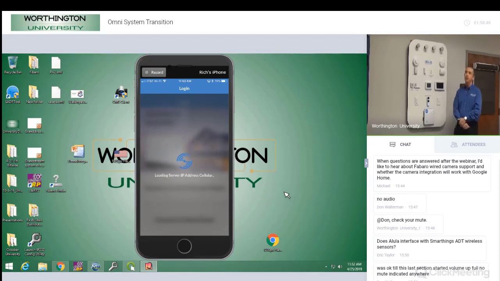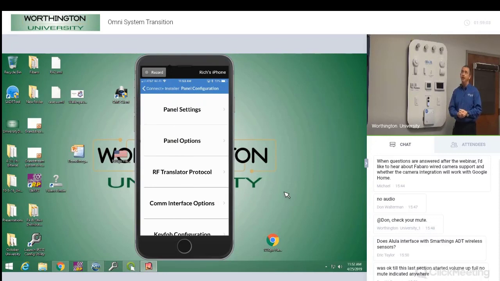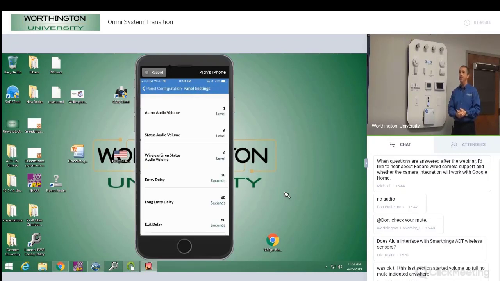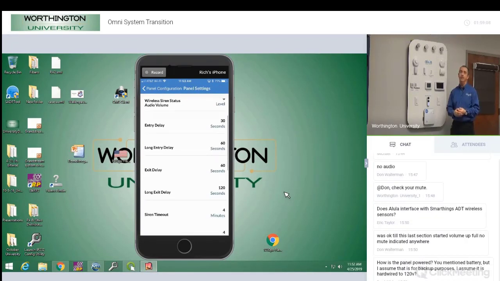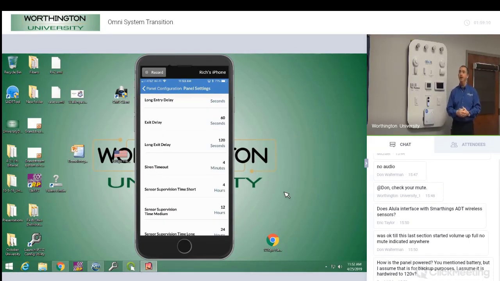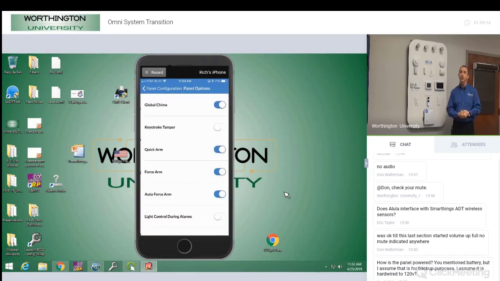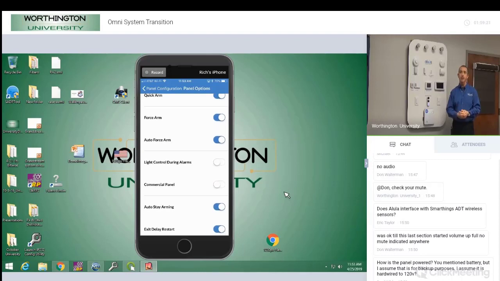All right, as you can see, it's loading up all the different configurations in the panel as far as zones and what cards are installed in there, and basically getting all the information out of the panel to allow the technician to then manage whatever he's there to do, adding devices, changing devices, adding more Z-Wave. As you can see for the different settings in there, I can go to the panel options and look at what's available, set my exit delays, my entry delays, my siren timeouts. We can go into the chime options, enable quick arm and enable force arm,